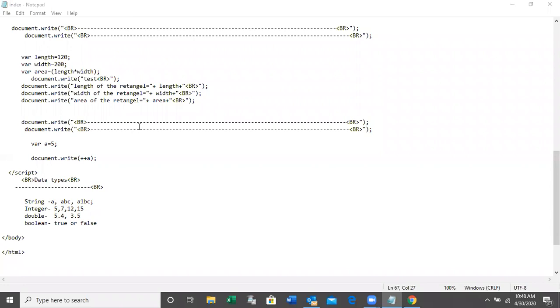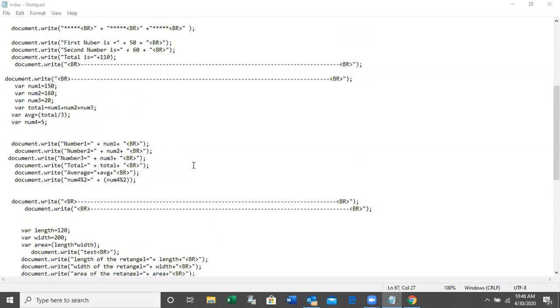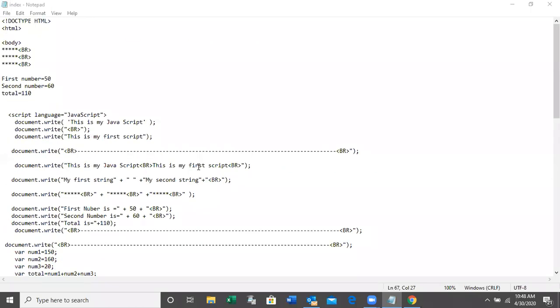You all know plus, minus, multiplication, division, modulus, increment and decrement operators. So this is how you do the calculation using JavaScript. Go through this coding again and let me know if you have any doubt. Go through the JavaScript from the beginning.